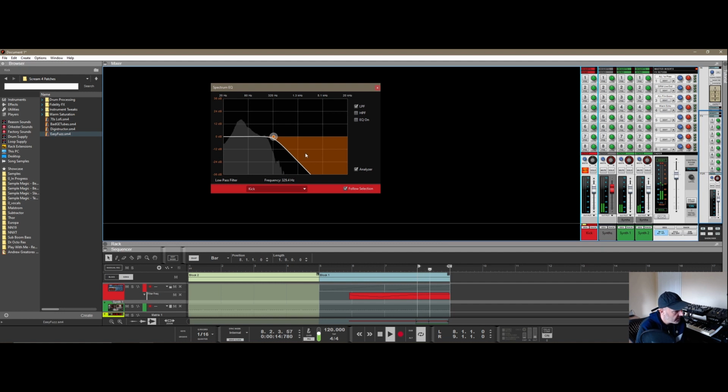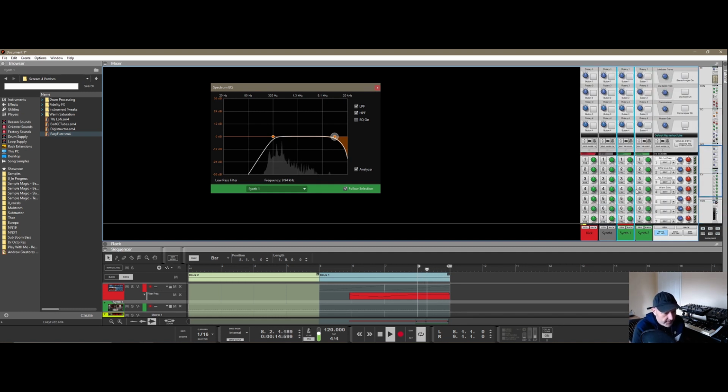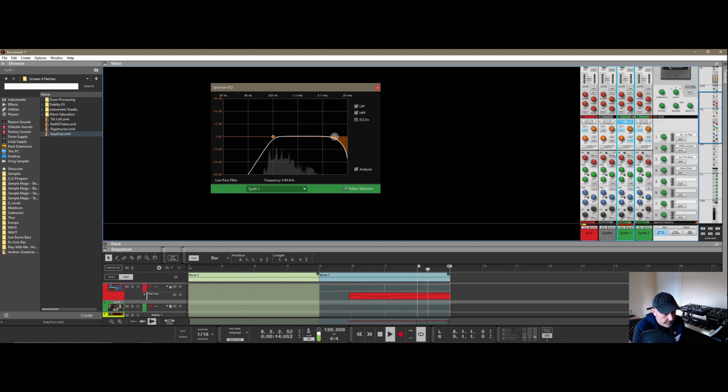So the other good thing is as well, you can automate EQ as well. So you can't actually right click on this thing here and create an automation lane to do that, but if you go back onto the channel strip, you can actually do this. So if we take a look at the EQ section up here, we have the ability, say on synth 1, to right click here. So if you look here, we're manipulating the same thing there,